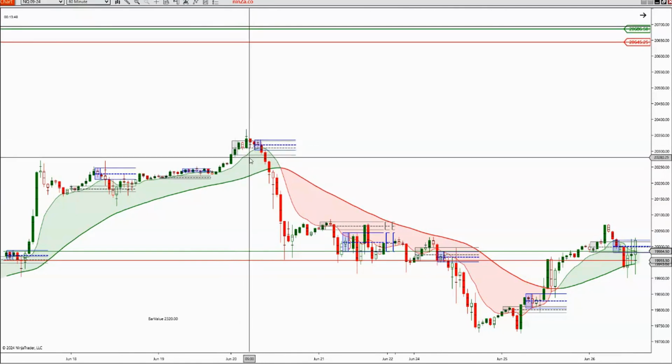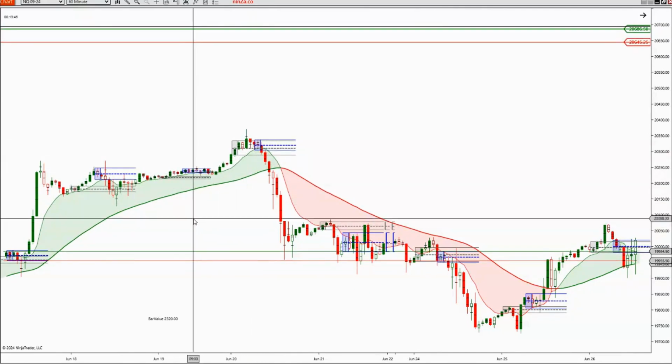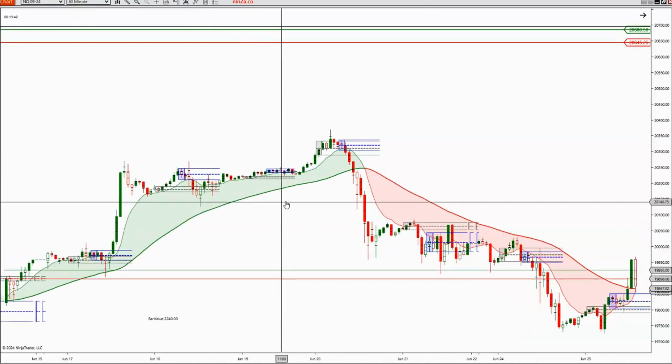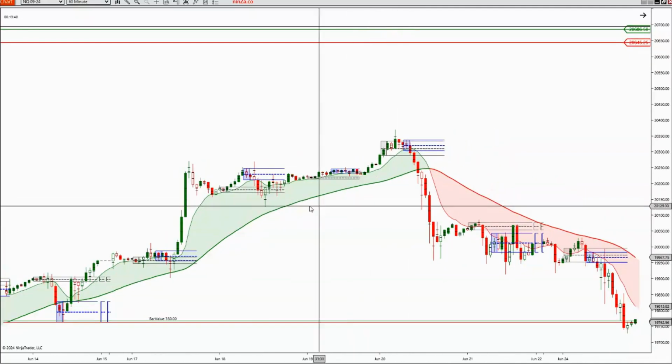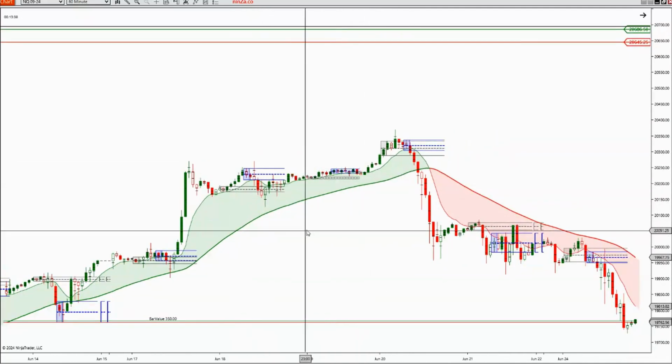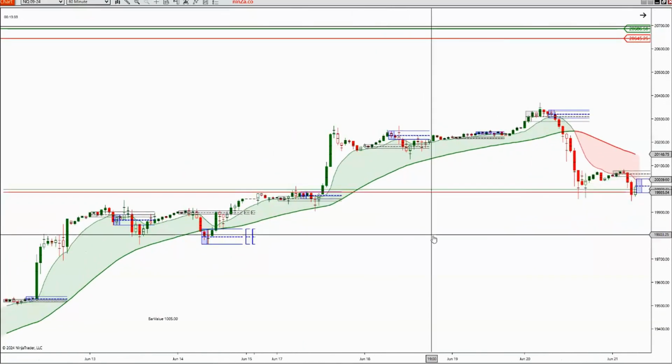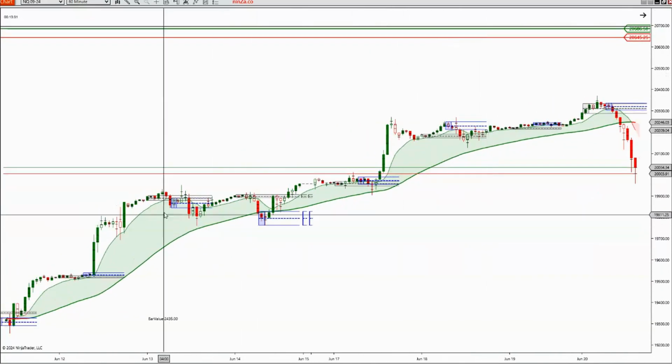You can put it on your hourly, you can put it on your 1 minute. I even had it on the daily at some point, some time back. You can put it on whatever time frame you want. If you have the open range indicator, you can put it up there. That's a free indicator. But yeah, these time windows are important.